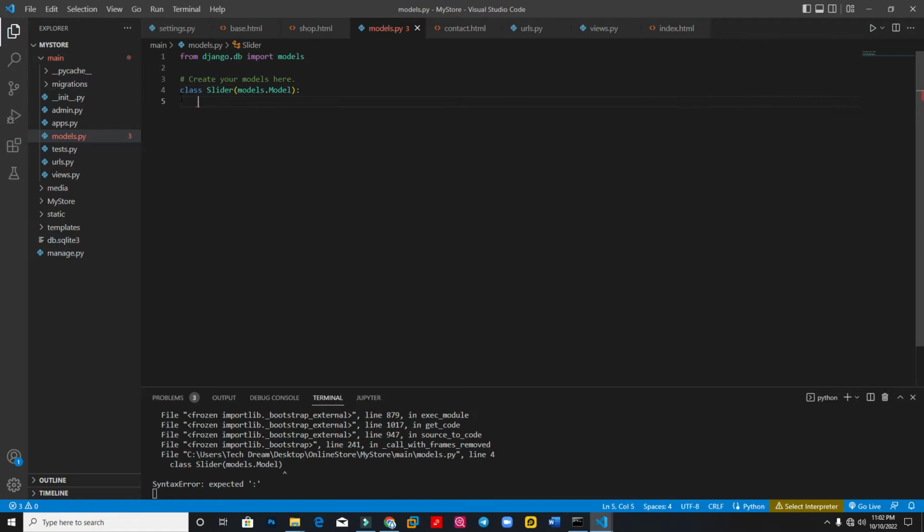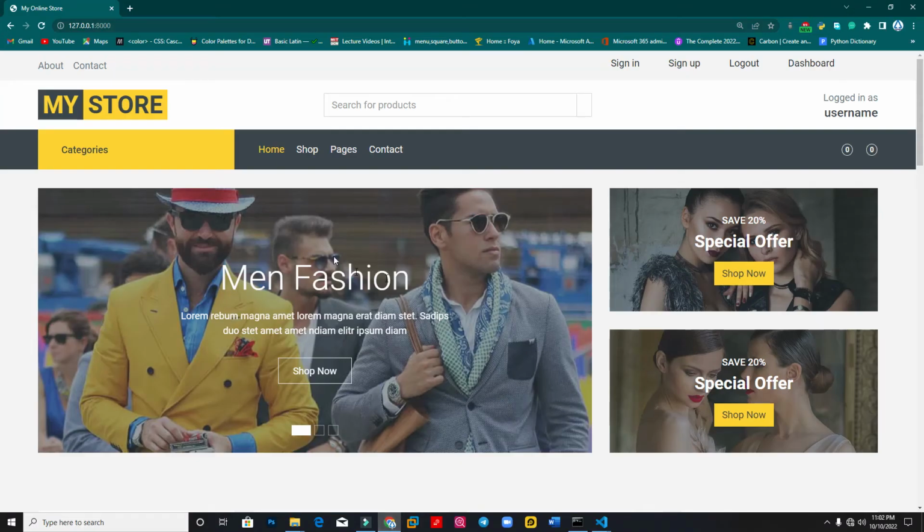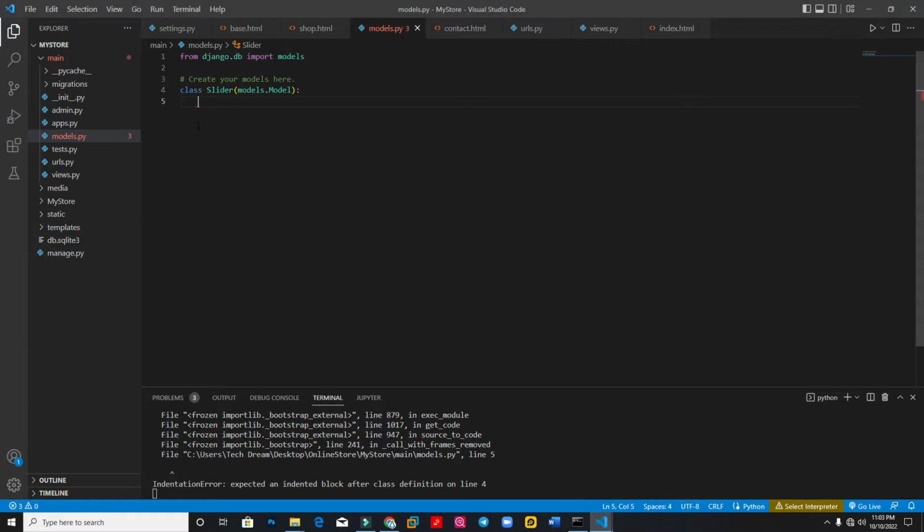Then we'll give the different tables or columns we want to have. On our slider, you see that we have a background image, we have a header text, and then some paragraph under it. The button will already be there. We are not going to do anything to the button, so we're just going to set out three things here: the head, the text under it, and then the image. So we just do, let's call it header is set to